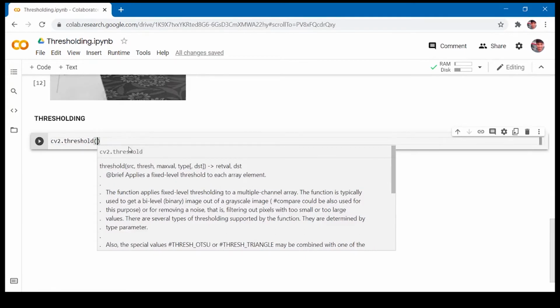The first is the source, which is the image that we want to binarize. Second is the threshold value. Third is the max value, which in our case is 255. And the fourth argument is the method of binarization like thresh binary or thresh binary inverse.